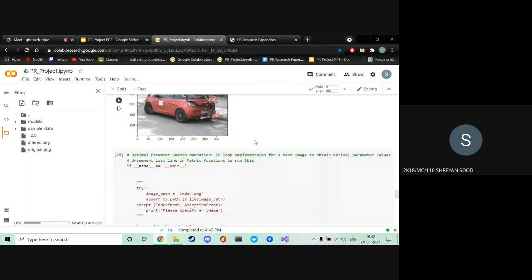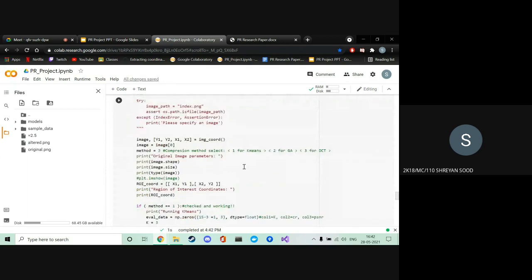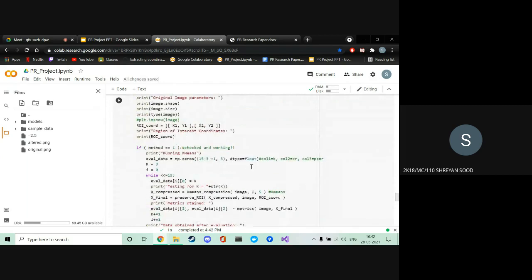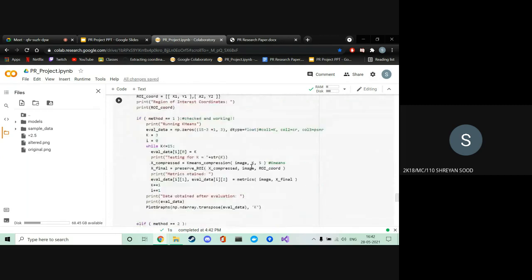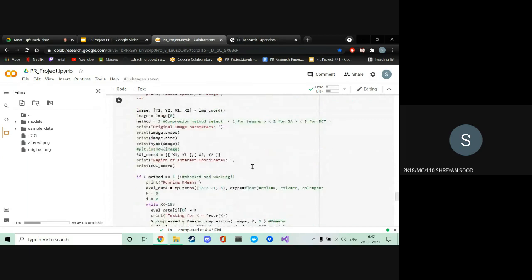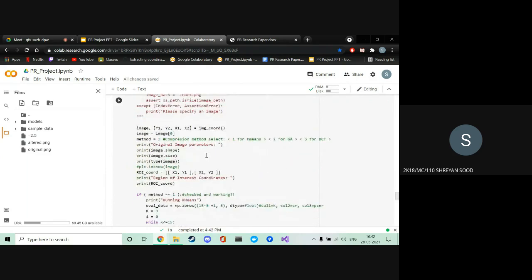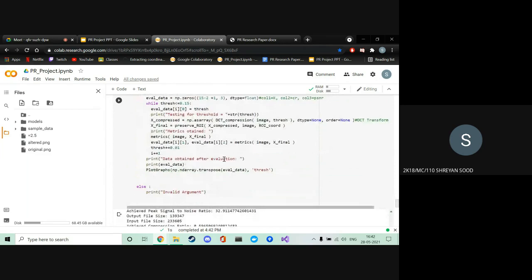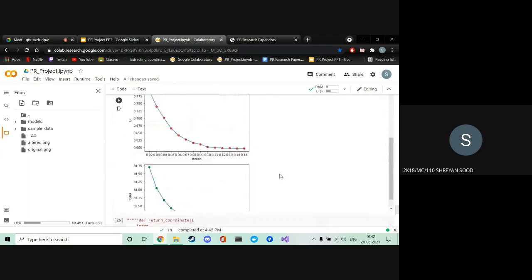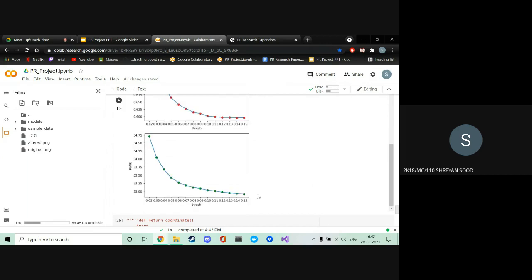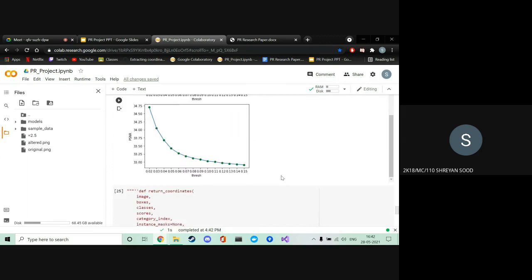Moreover, this is the function for hyperparameter tuning, in which we plot the graphs for various values of the hyperparameter. This takes a little time to run for both k-means and genetic algorithm. So I've already run it for DCT, which is almost instant, and we can see the results. These are the graphs we get, and once again 0.1 gives a decent compression ratio according to the elbow method and maintains a high PSNR as well.